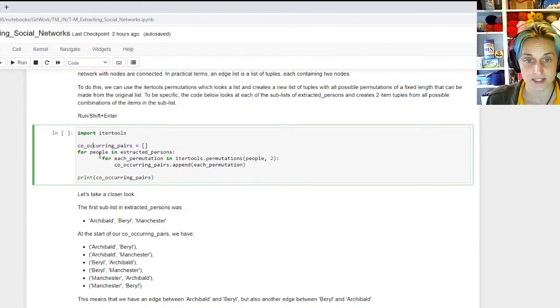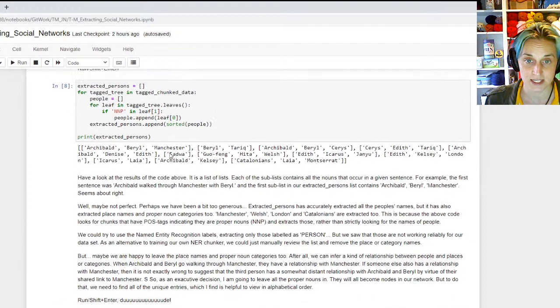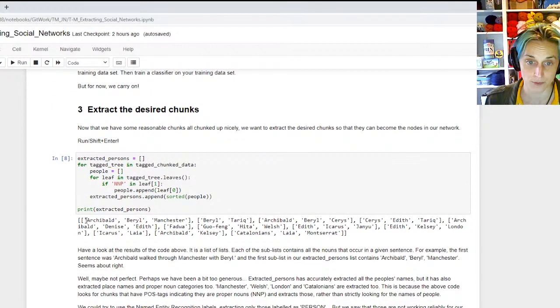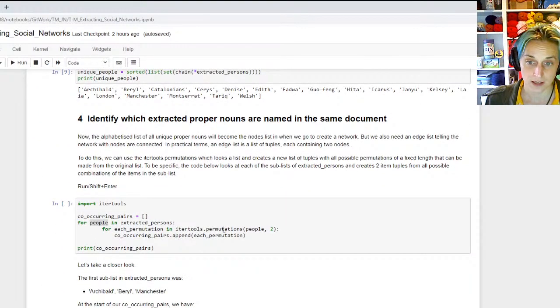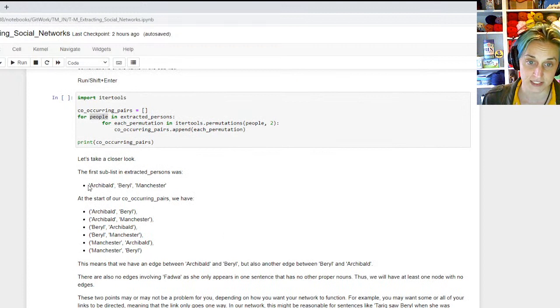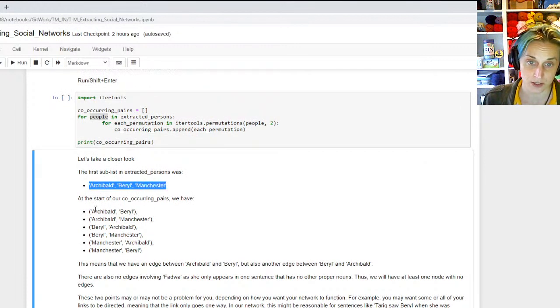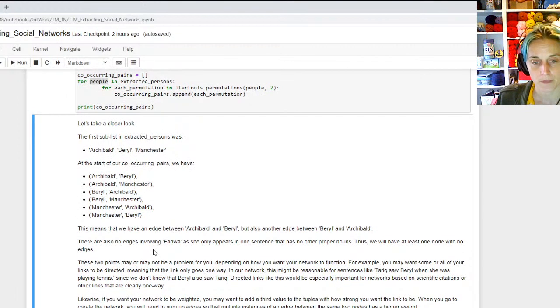Okay, so what this is doing is saying for each person in the extracted persons list, that's this list here, which has them together, it's going to create a permutation. So it's going to match each one of them to each other one. And then so the first to the second and third, the second to the first and third, the third to the first and second. So for the first list, Archibald, Beryl, Manchester, you get Archibald, Beryl, Archibald, Manchester, Beryl, Archibald, Beryl, Manchester, so on. Now this is obviously quite repetitive, and